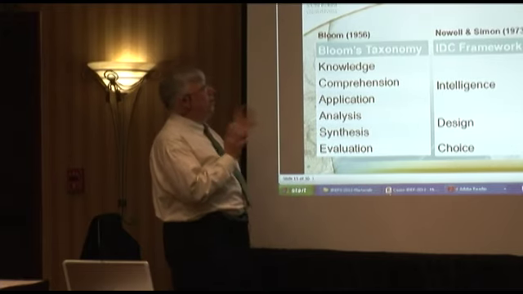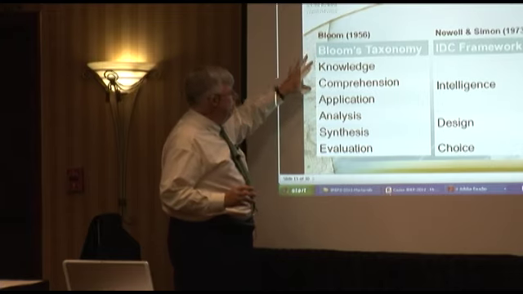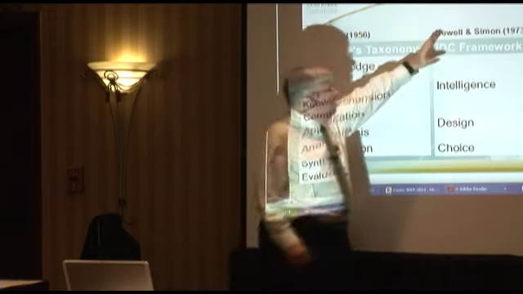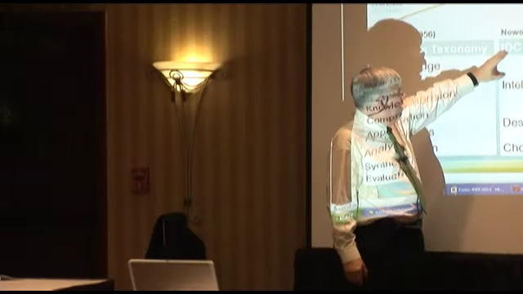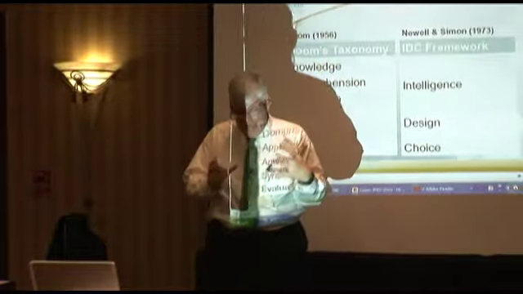Cases are really good for helping you develop judgment and shared knowledge and comprehension. In the case of the Newell and Simon framework, intelligence and choice are particularly good. Now, it is possible to write cases designed